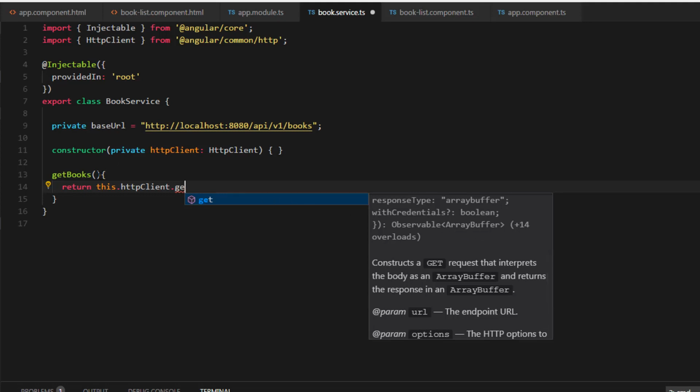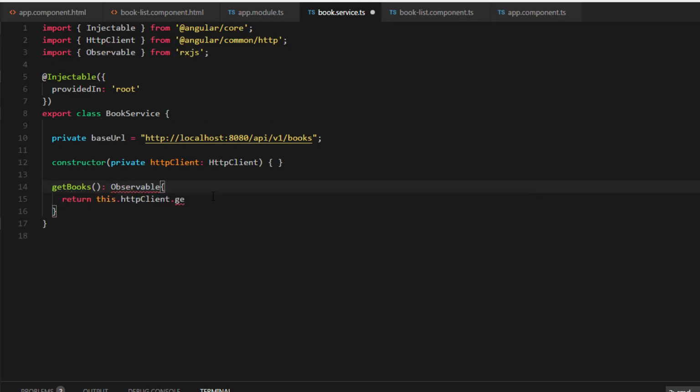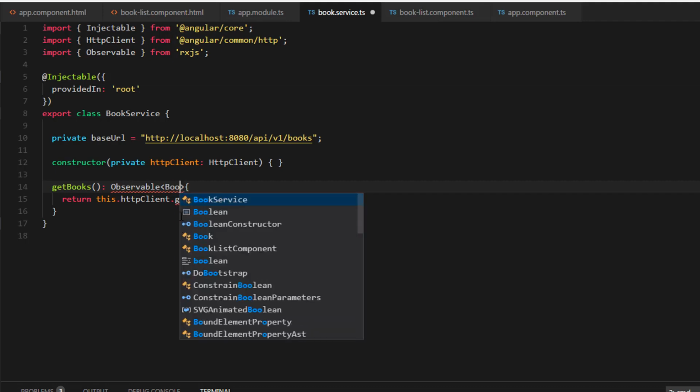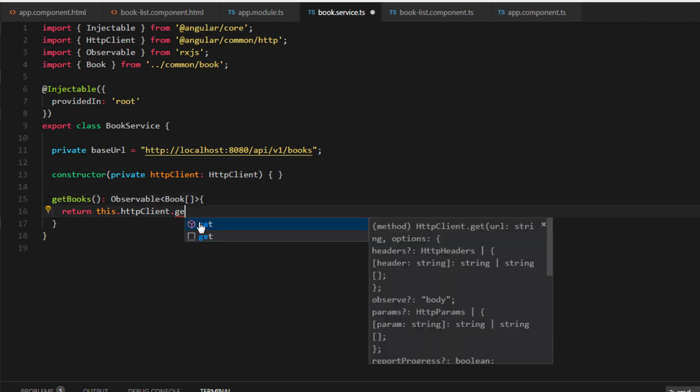So let's specify the return type. Observable. We have imported the Observable from the RxJS library, and this will return an observable of book array. Let's import the Book. So now this getBooks will return an observable of book array.